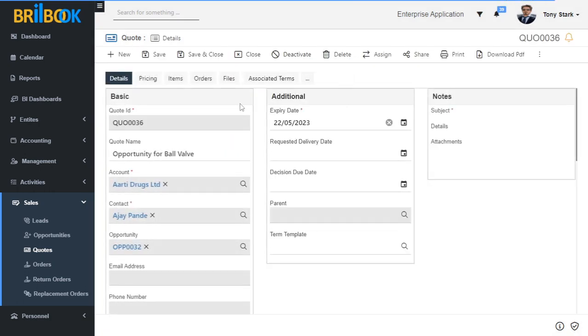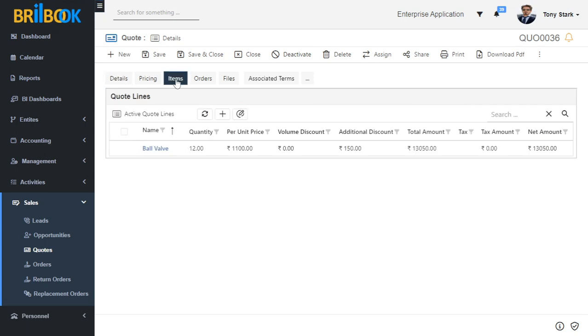Here you can see the quotes detail page having items tab besides the pricing tab. Click on items tab. Here you can see ball valve is created as a quote line from opportunity line.